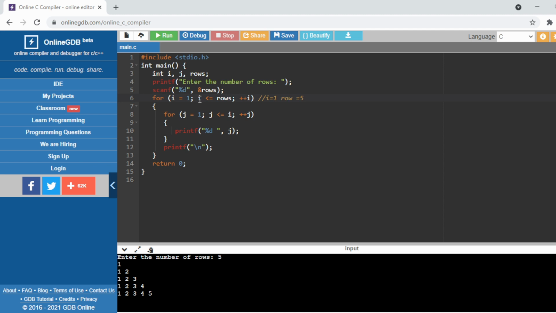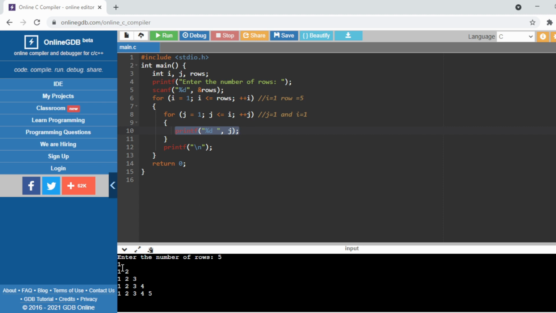So it will enter the loop, and this is the inner loop. The first time the value of j equals 1 and the value of i is also 1, so it will print the value of j.